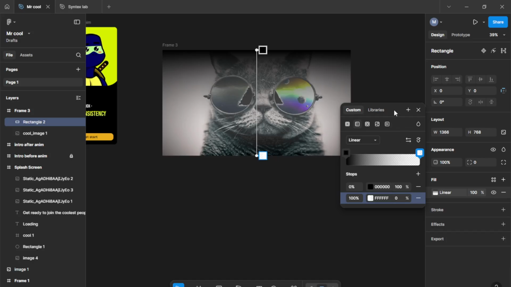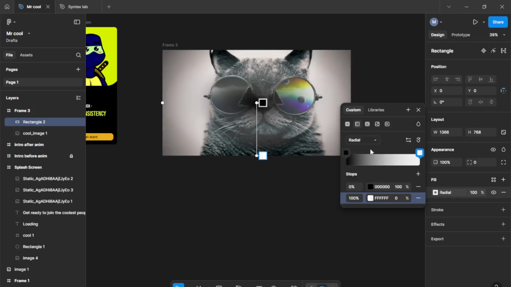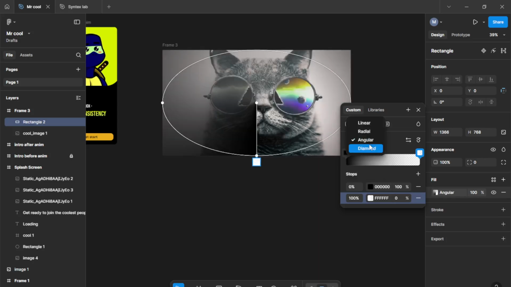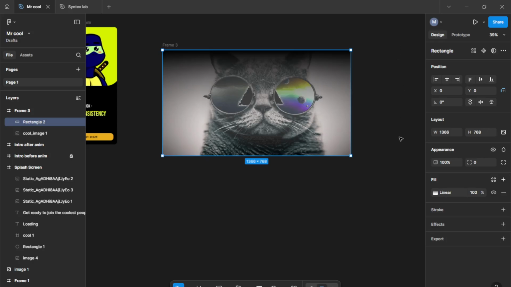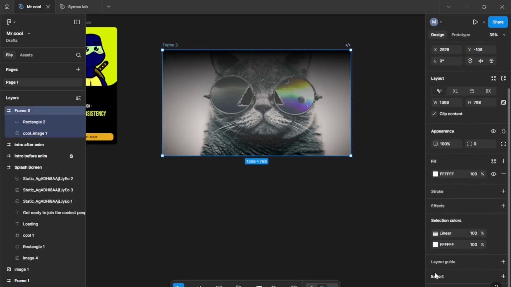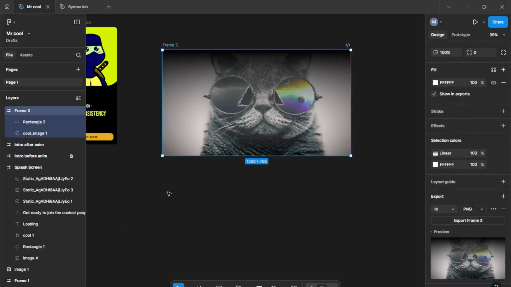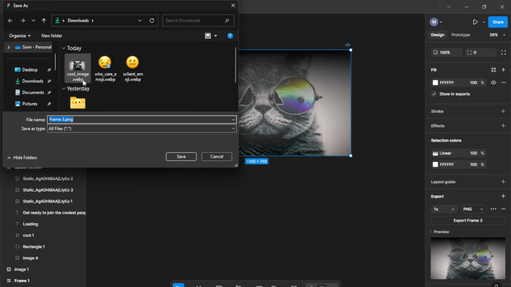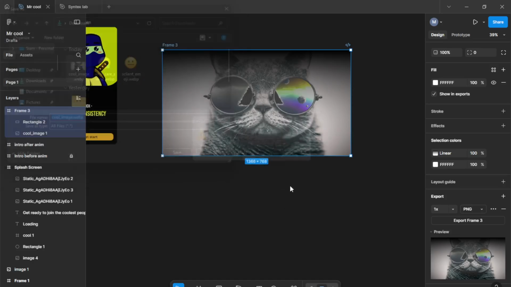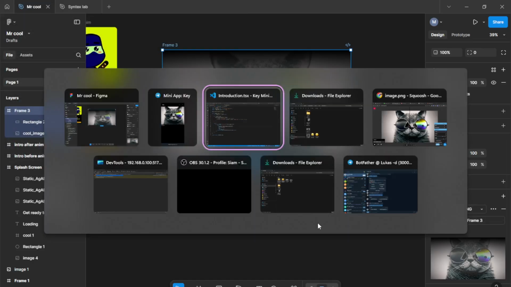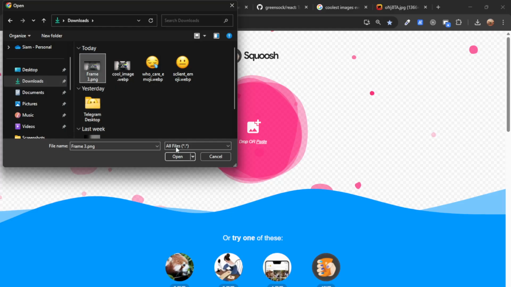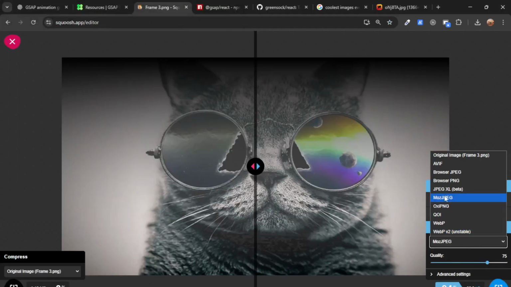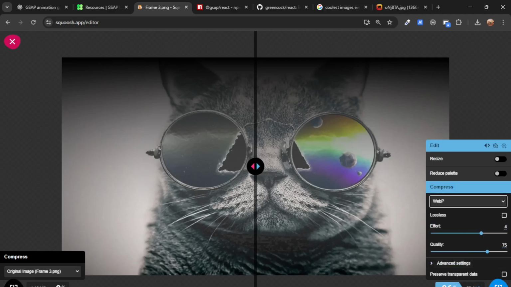Then is there anything more? If I use here rectangle, then angular, diamond, maybe that linear is perfect. Yeah, now I have to export that coolest image ever, preview, export that coolest image, and cool image webp, replace. Okay, image, export, then I go on the squish, upload that, then download, frame, then go here, webp, and here